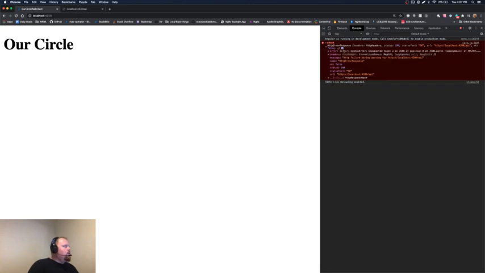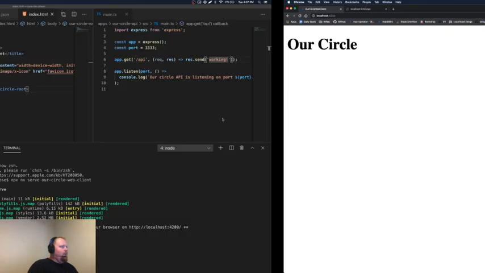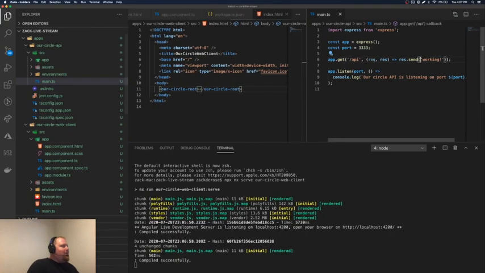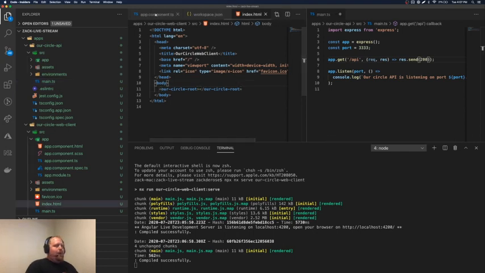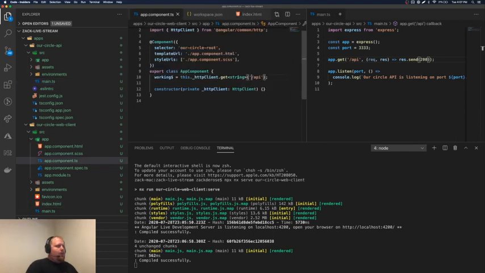Let's see. Oh, it's trying to get a JSON. Let's just make that work for now. So we'll send, I don't know, let's just send it 200 for now. And inside of our component, we're going to say get anything from the API. We'll pipe that